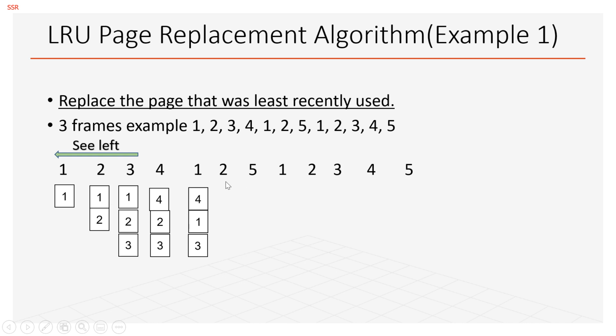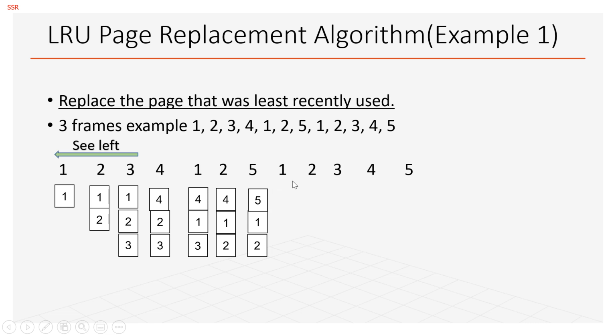Next the request is for page number 2. Now see towards your left at the recently used pages, write them as they are, and then the least recently used. We have 1 here and then we have 4 here. So write it down in the same place. The last frame which is left out will be replaced with the new page, that is 2. Next request is for page number 5. See here, page number 2 and page number 1 were recently used and the least recently used was page number 4. So replace it with page number 5.